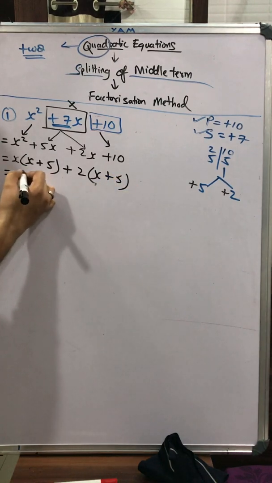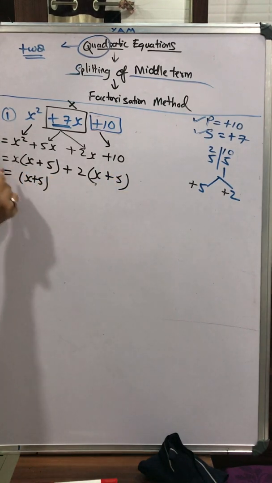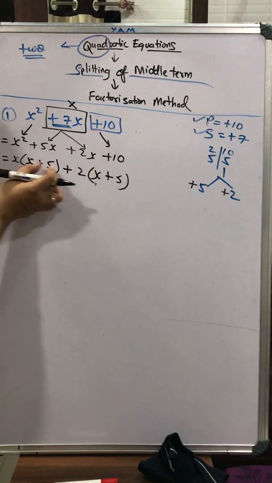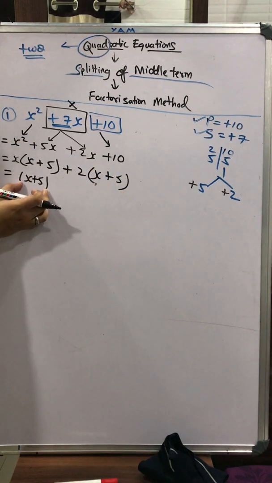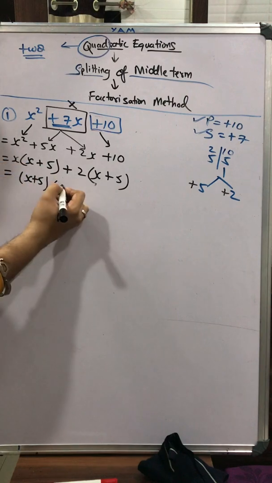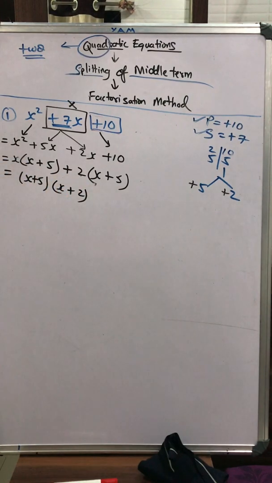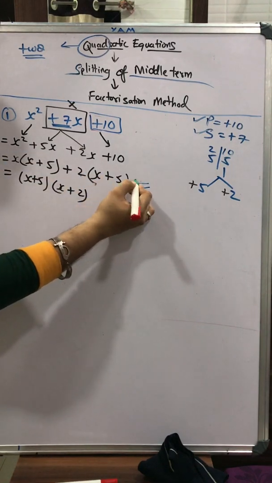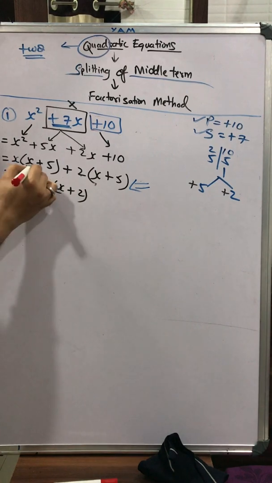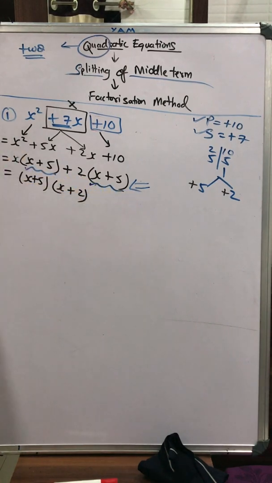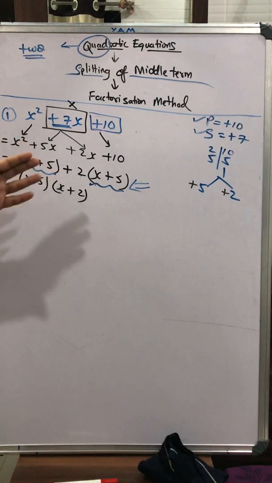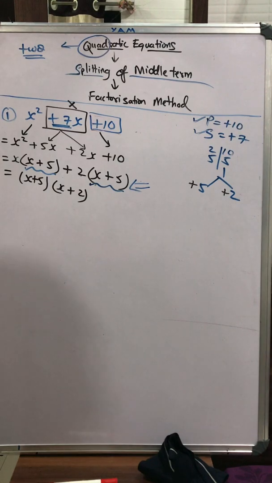So now x plus 5 I'll remove common from this entire expression. यहाँ भी x plus 5 है, यहाँ भी x plus 5 है, so I'll remove x plus 5 common. So यहाँ से बचेगा x, यहाँ से plus और यहाँ से 2. ठीक है. Another very key point: in this step it's compulsory that you should get two brackets which are exactly identical. अगर दोनों ब्रैकेट सेम मिलते हैं इसका मतलब आप करेक्ट जा रहे हो, राइट जा रहे हो. अगर अलग अलग मिल रहे हैं मतलब you are wrong somewhere. Okay, this is our